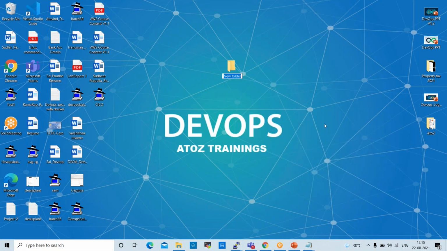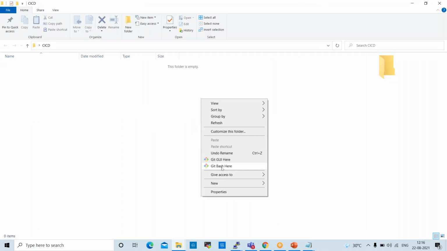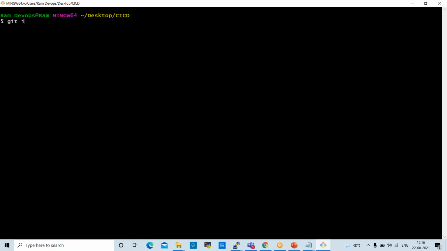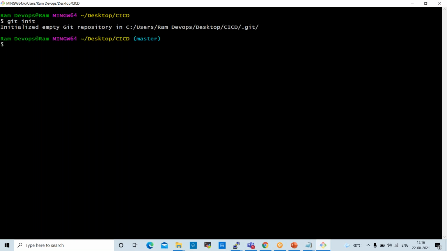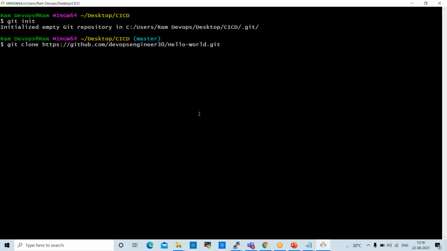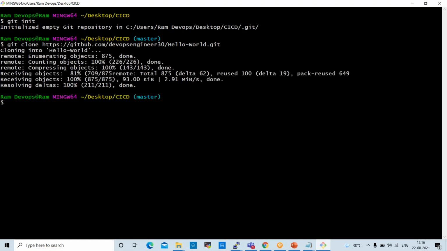Okay, so I create one folder in my local, CACD. Git Bash here, git init. Now I want to clone the code from GitHub. Git clone is the command: git clone, space, the repository URL. Paste here. This is the repository URL, right? Now